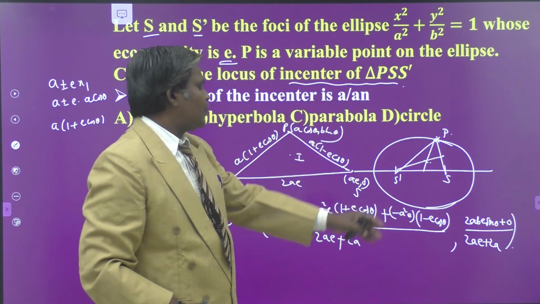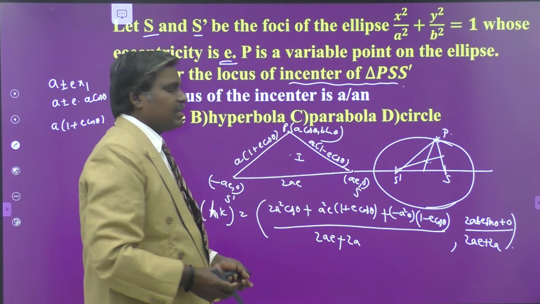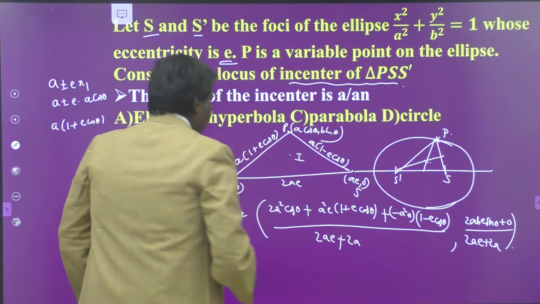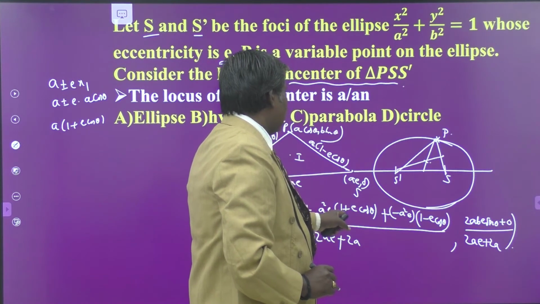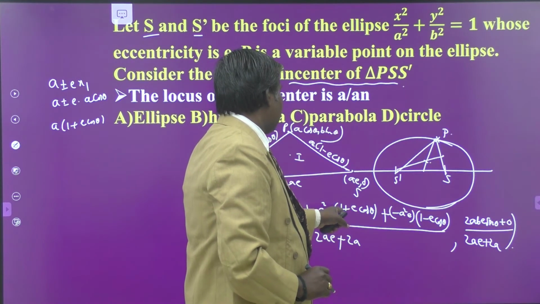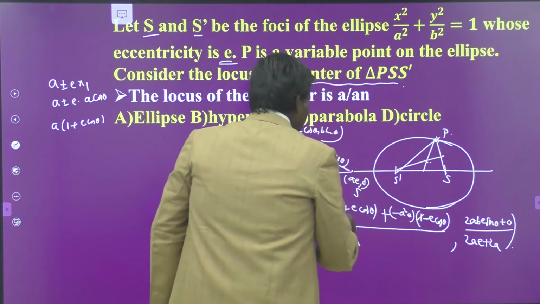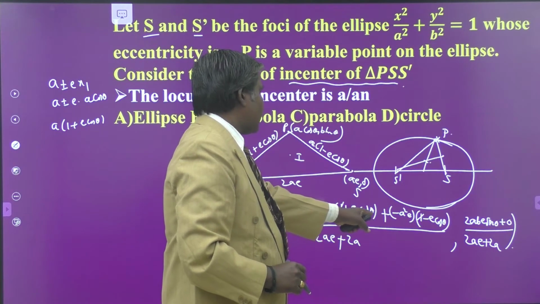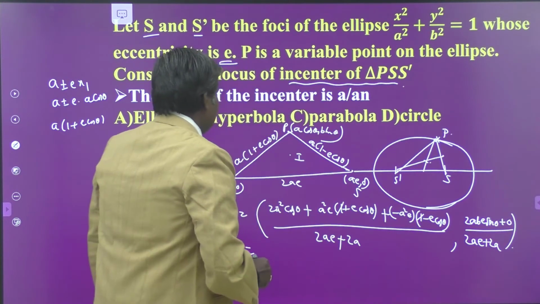Right? By simplifying we get some point, it is h comma k. You have to eliminate theta, then we obtain the required locus. How to do this one? 2a square cos theta, a square e into 1, here minus a square e into 1. So a square e into 1, a square e into 1 gets cancelled. a square e square cos theta minus into minus plus a square e square cos theta.